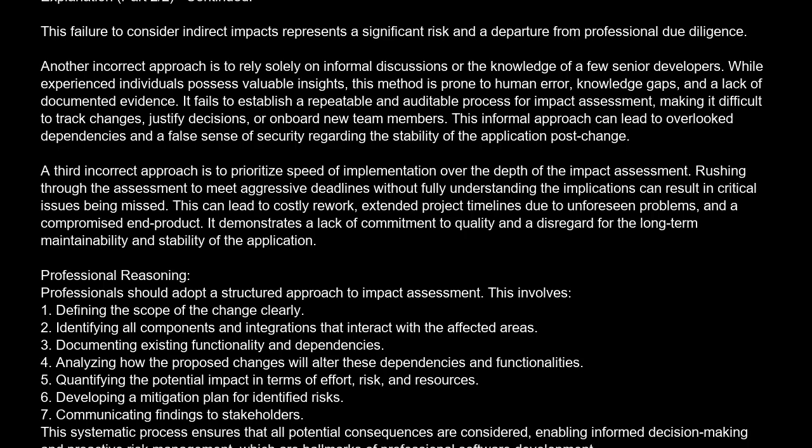Another incorrect approach is to rely solely on informal discussions or the knowledge of a few senior developers. While experienced individuals possess valuable insights, this method is prone to human error, knowledge gaps, and a lack of documented evidence. It fails to establish a repeatable and auditable process for impact assessment, making it difficult to track changes, justify decisions, or onboard new team members. This informal approach can lead to overlooked dependencies and a false sense of security regarding the stability of the application